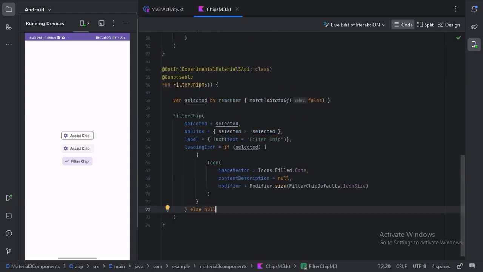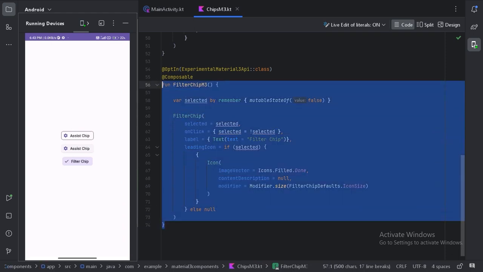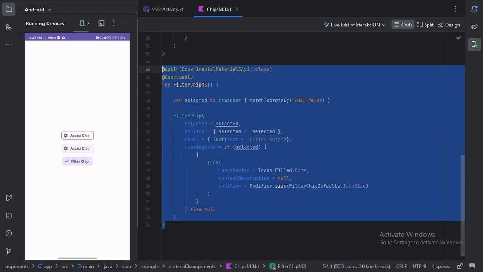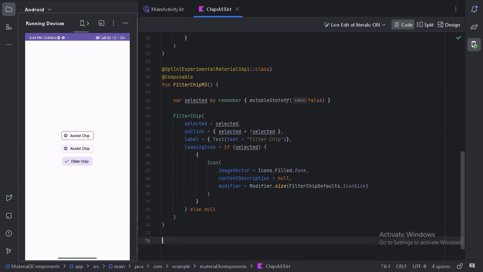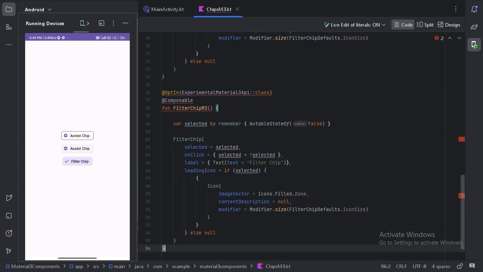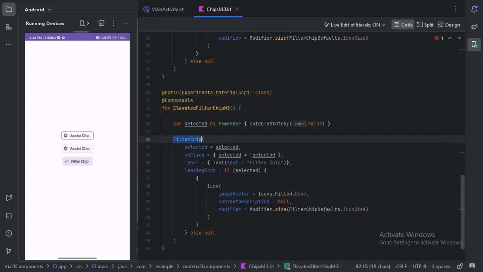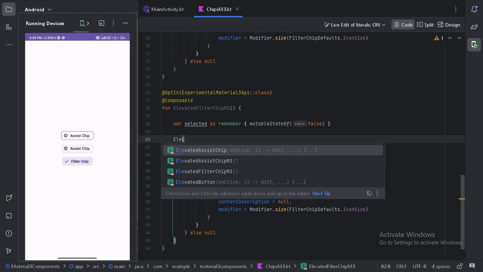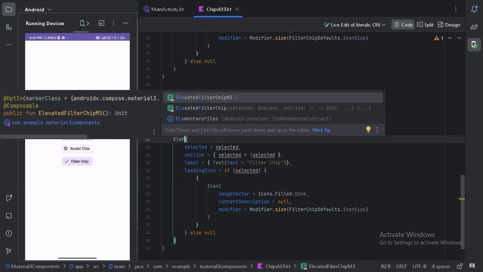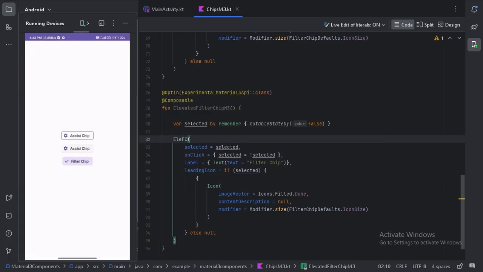Similarly, like the assist chip, we have another variant of this filter chip, that is the elevated filter chip. So what we will do, we will copy this whole composable function and paste this below, and here let's use this elevated composable function, elevated filter chip, this one.